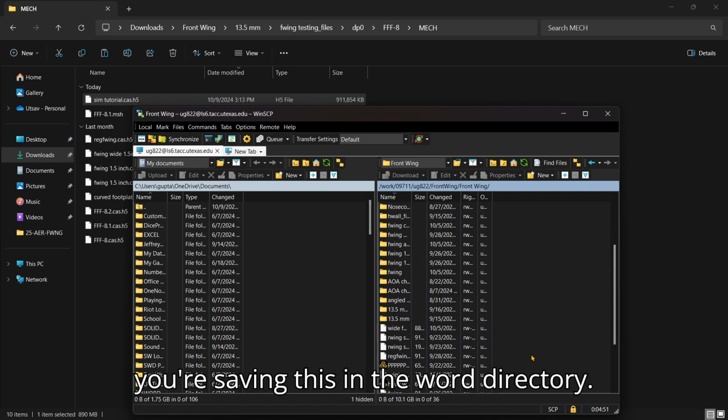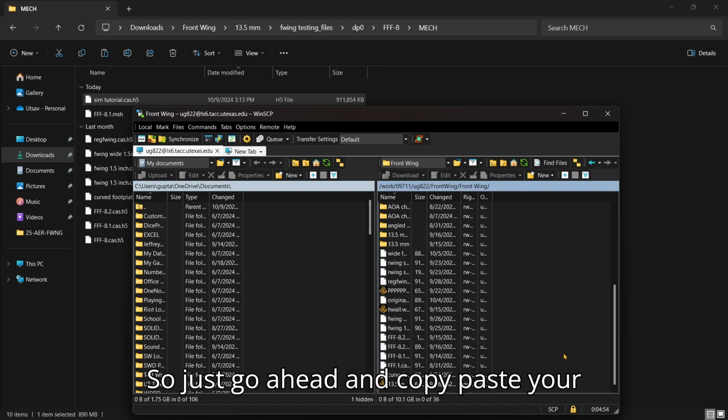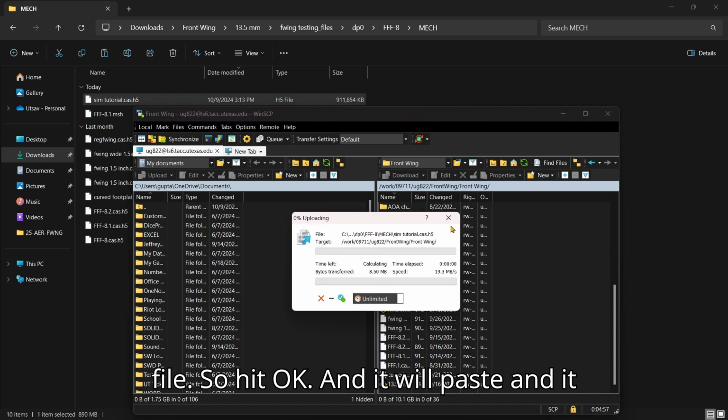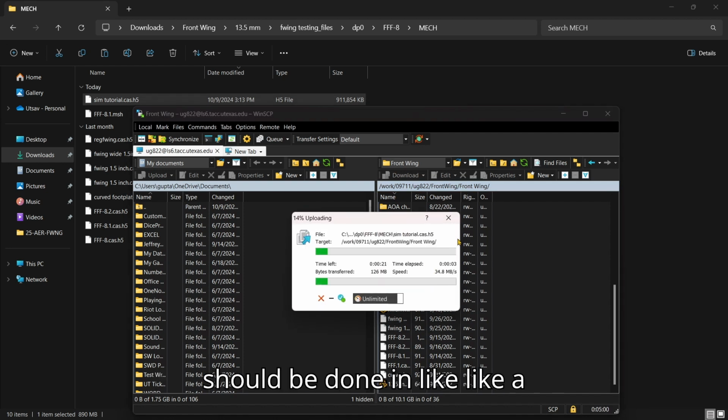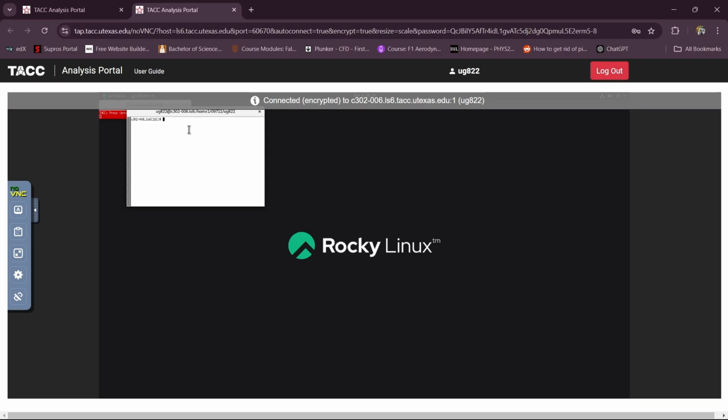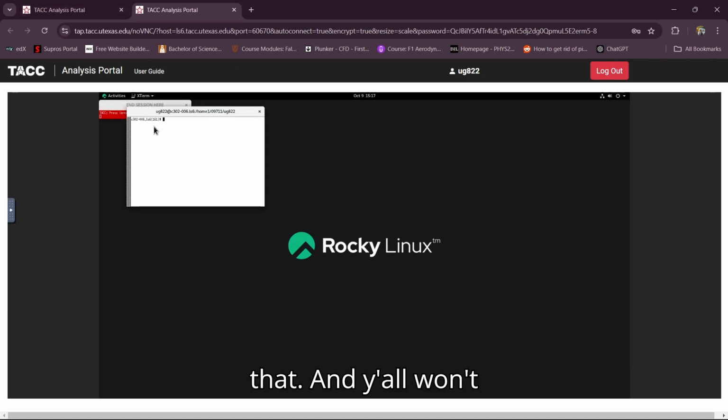Yeah. So make sure you're saving this in the work directory. So just go ahead and copy paste your file. Okay, and it will paste, and it should be done in like a minute. Once you connect, it should pop up like that, and y'all won't be able to do this right now because